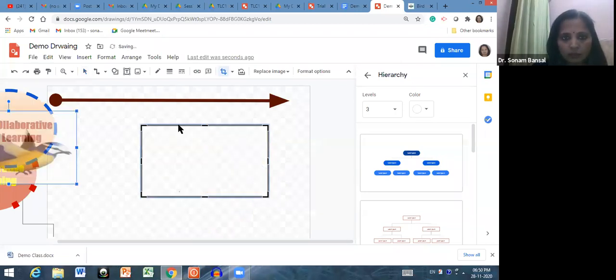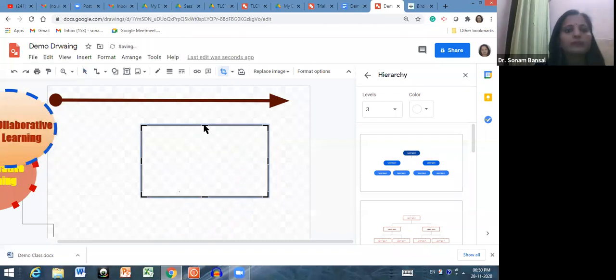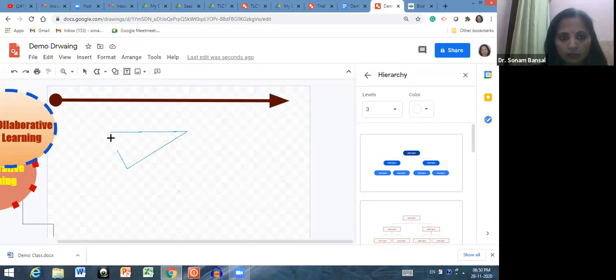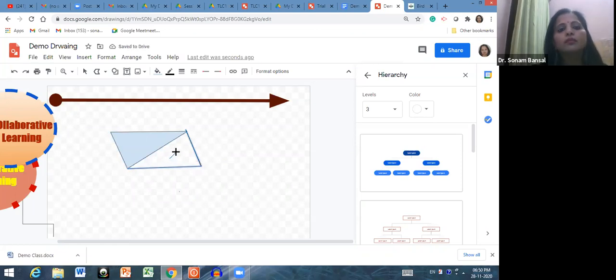Keep them aside. Now, see, if I am selecting this polyline, you can link, see, make a triangle, see, and add another triangle, and if you want to fill this with a different color, then you can do that.